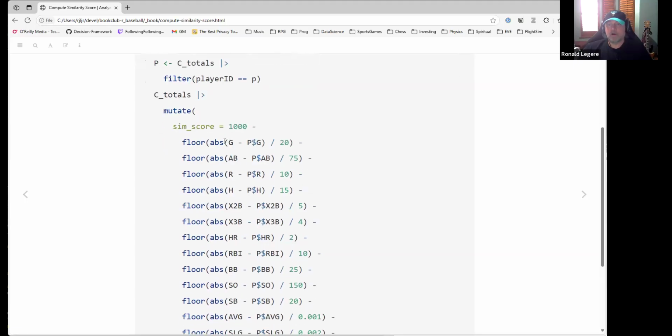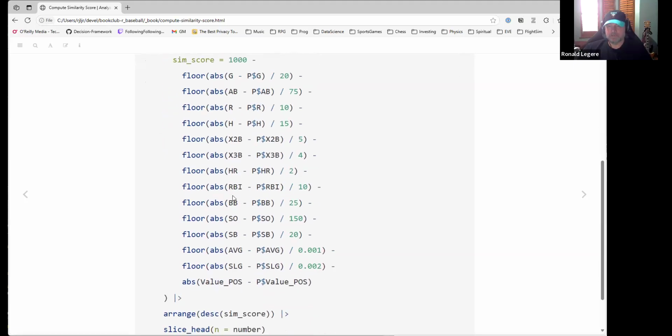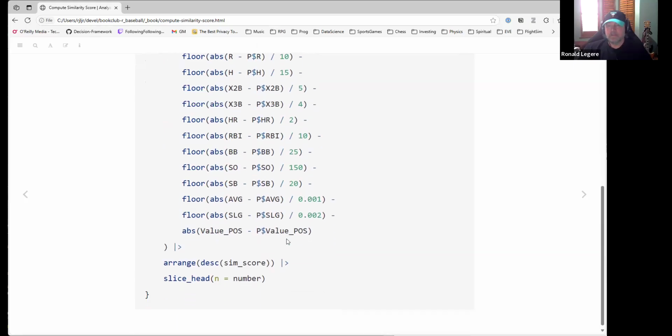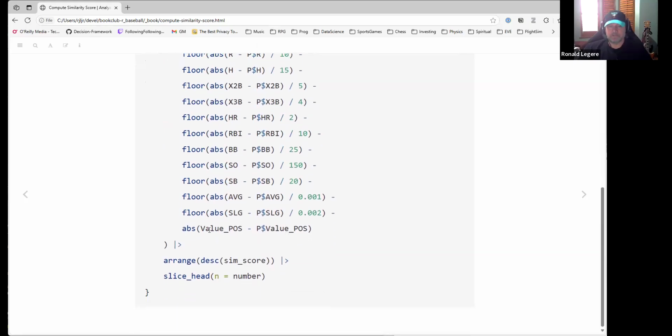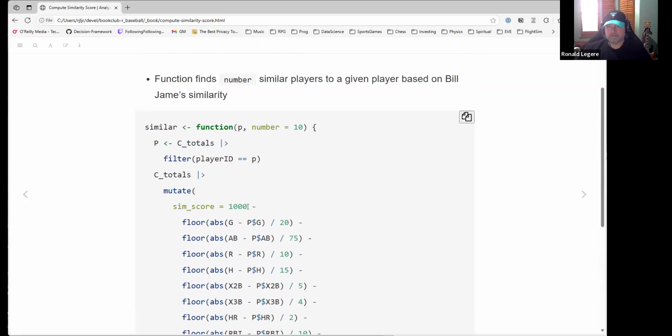So we just look at all these differences between all these statistics, and they get scaled by different amounts. Again, numbers that Bill James found would work best, probably based a little bit on his gut feeling about how important these are, and probably based on looking at things that turned out to be similar and saying, does that make sense? And then finally, we also look at this difference in position, and all these things are subtracted from